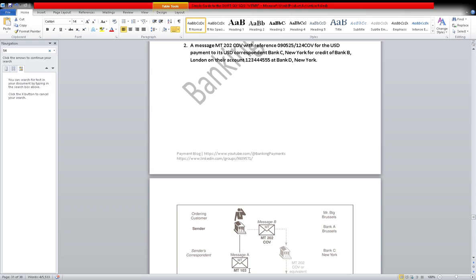I am repeating once again. This is very important, both of you. That's why I'm highlighting it here on WhatsApp as well. This is definitely going to be asked when you are discussing with someone. Okay, how it is working: serial and cover payment analysis.